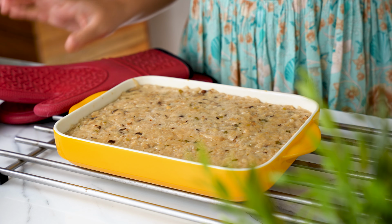Now this is the hardest part. Before we move on to the next step, the cake needs to cool for a few hours inside the fridge. So of course I already have one that's been chilling in the fridge overnight, but before I show it to